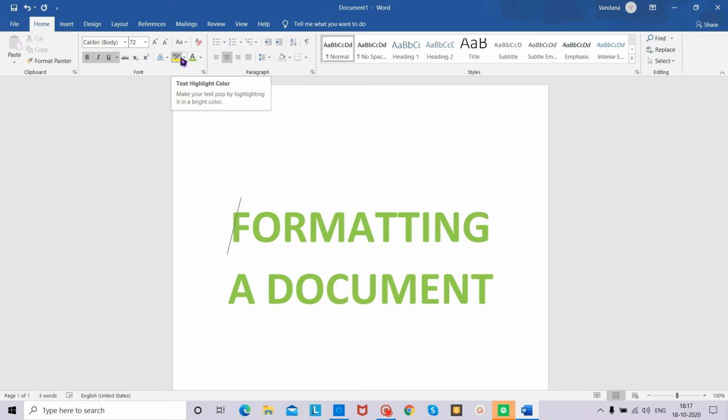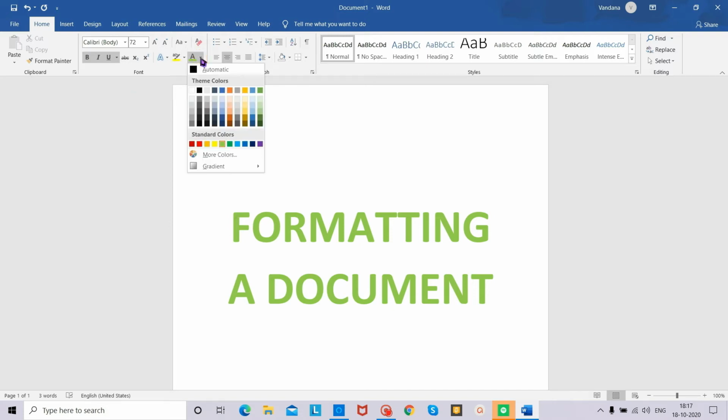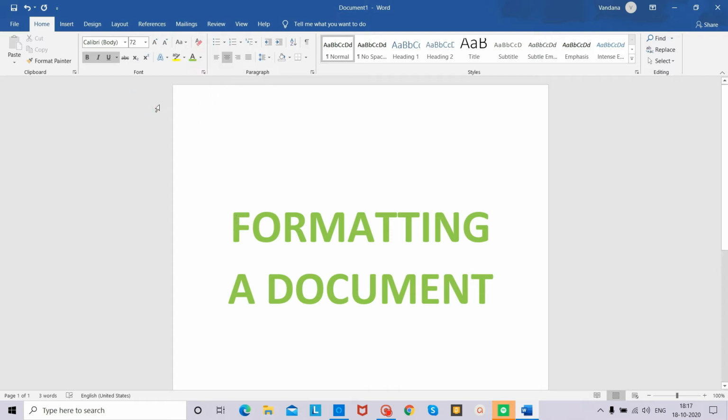This is the text highlighting color. You can choose the color according to you. And this is font color. All these things we can apply to our text so that our text can look good and beautiful.